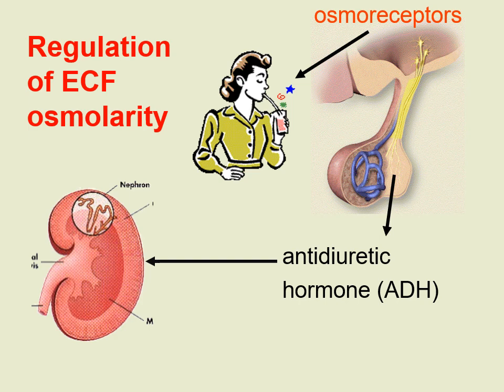Fortunately, we have receptors in the hypothalamus of our brain, the so-called osmoreceptors. As they shrink due to water leaving the cells, they send out an alarm. One of the effects of that alarm is the release of a hormone called antidiuretic hormone that acts on the kidneys to tell the kidneys to conserve water. But the kidneys only conserve water that's already in the body.